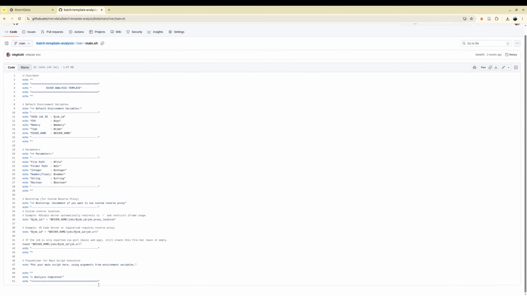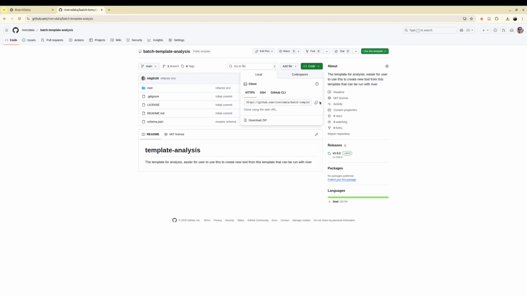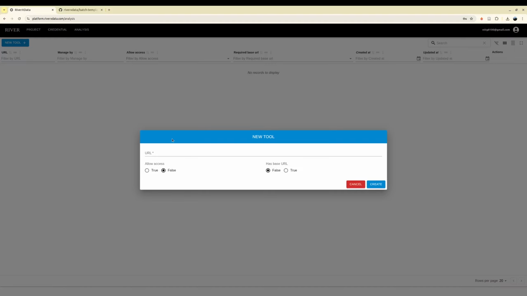RIVER directory. For example, a simple job script could print out all input parameters like this, just like a hello world example when you start your first program. To add a tool, simply provide the GitHub repository URL. RIVER uses your GitHub credential to fetch the repository, read the parameter schema, and make the tool available for the